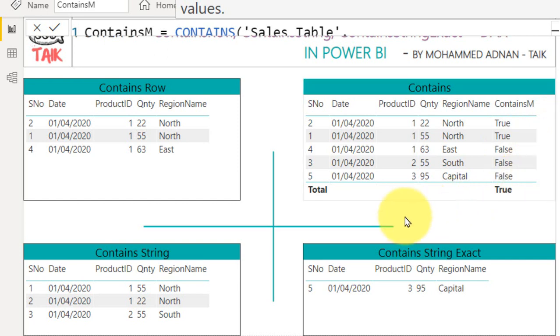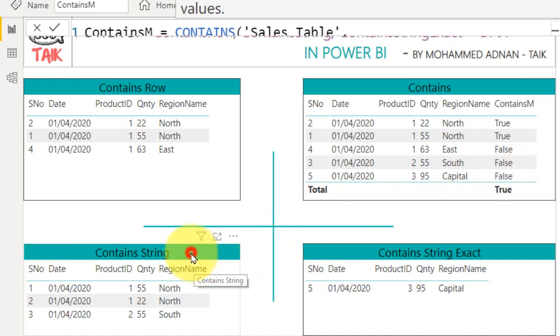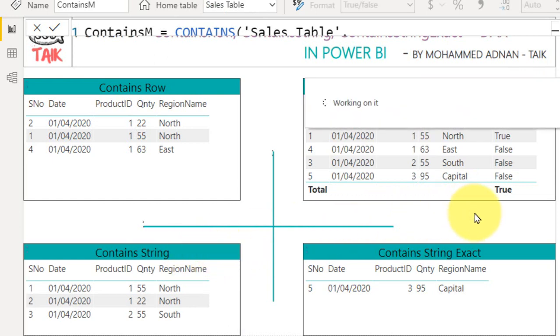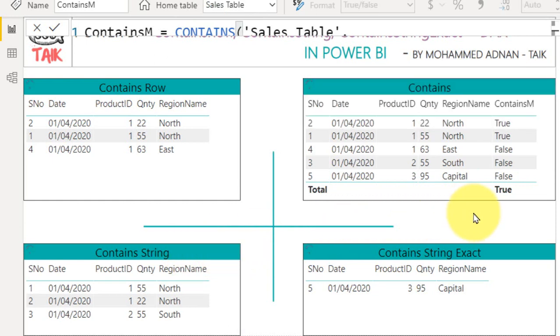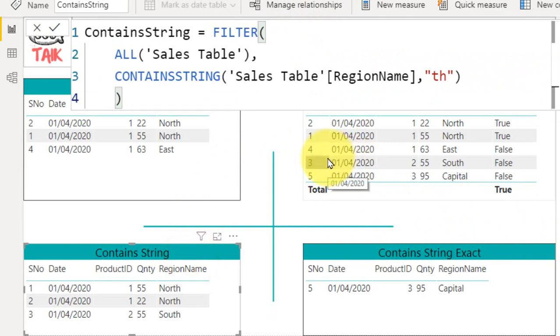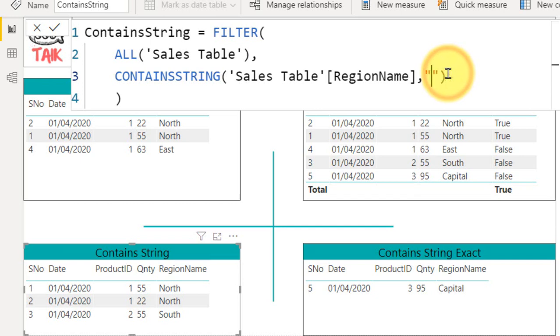Now let's have a look at the next one, CONTAINSSTRING. This also returns a table. Out of these four CONTAINS functions, only CONTAINS returns a column as a measure. The rest of the three return a table. CONTAINSSTRING is similar to CONTAINSROW. Here I'm taking the Sales table Region column name and looking for the text value "th". Then it returns North and South. If I put it here as east,